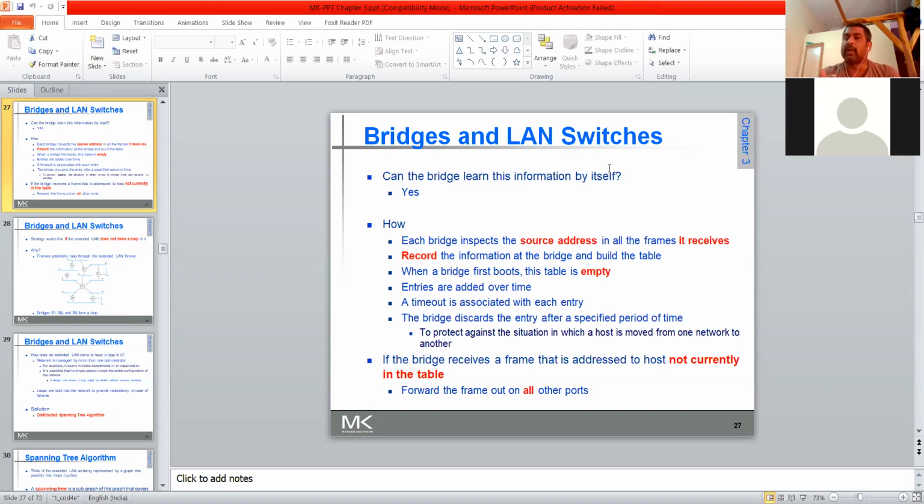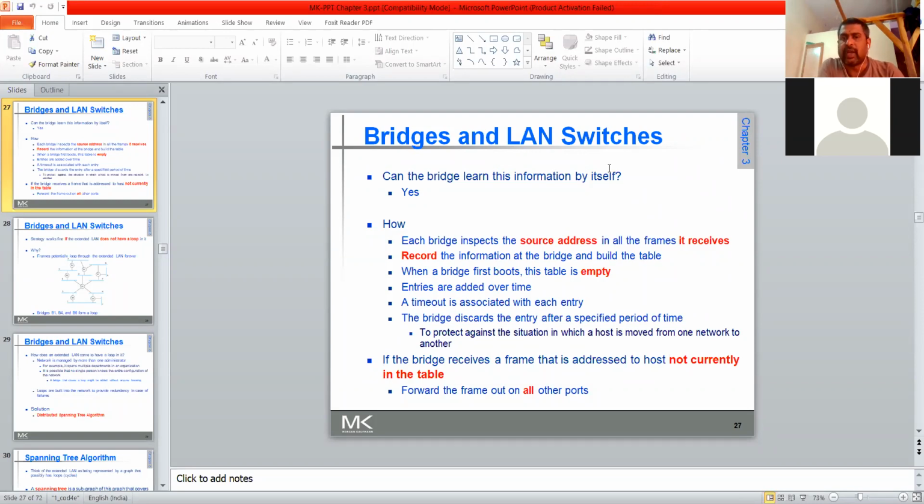This is also important. If a host wants to move from one network to another network, first the registration of that device is needed with all the routers or bridges. The registration should be done within a particular time. When I come to this access point or router area, within the quantum time it should be registered. Otherwise, it will think that the host has moved out from the area of that particular bridge.